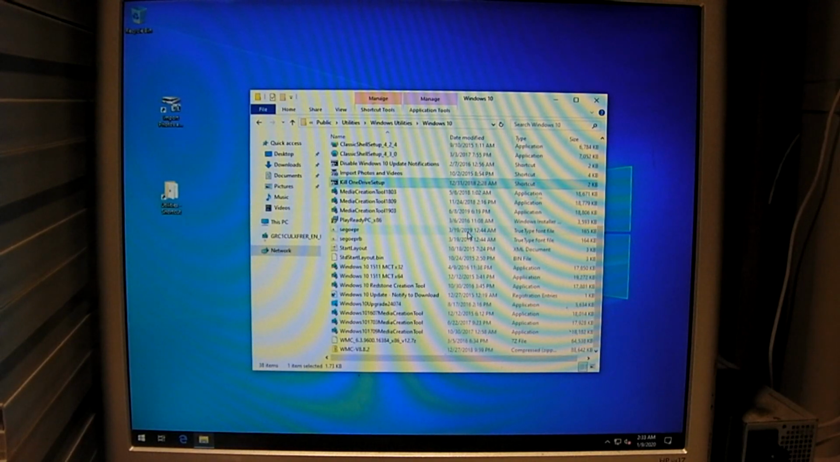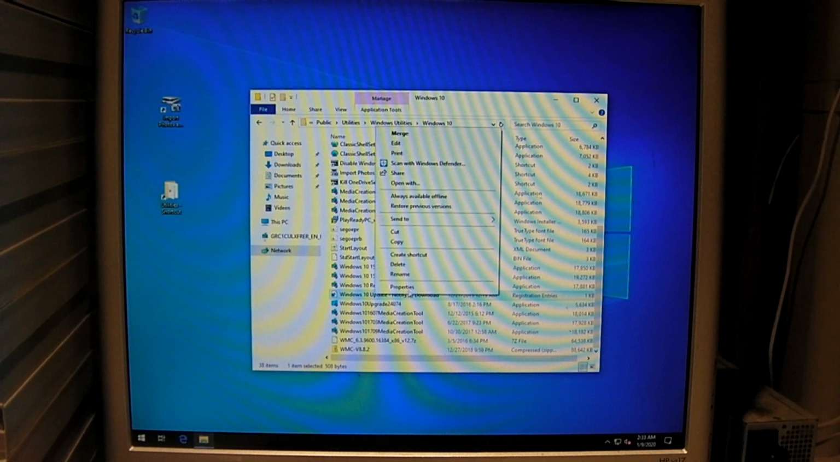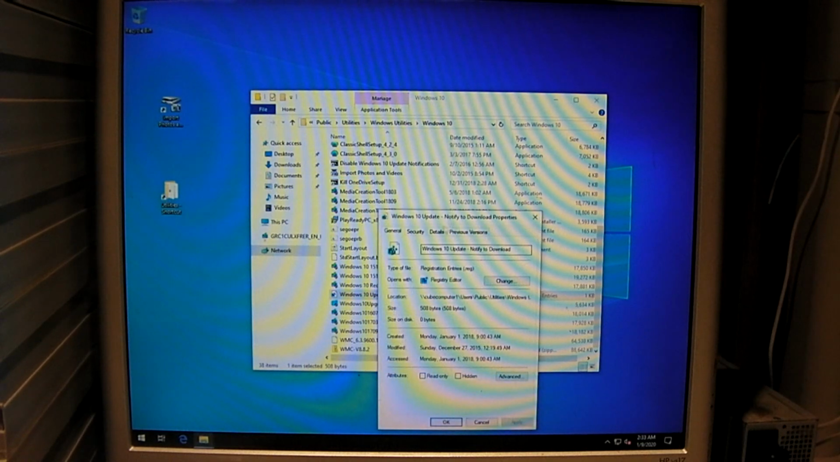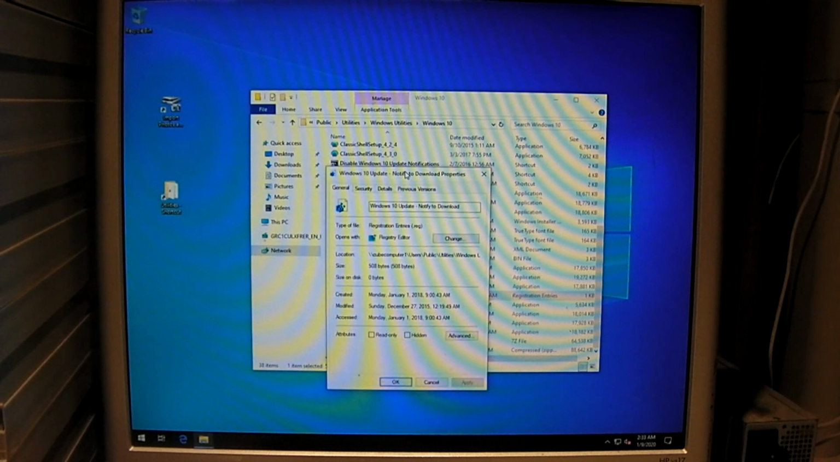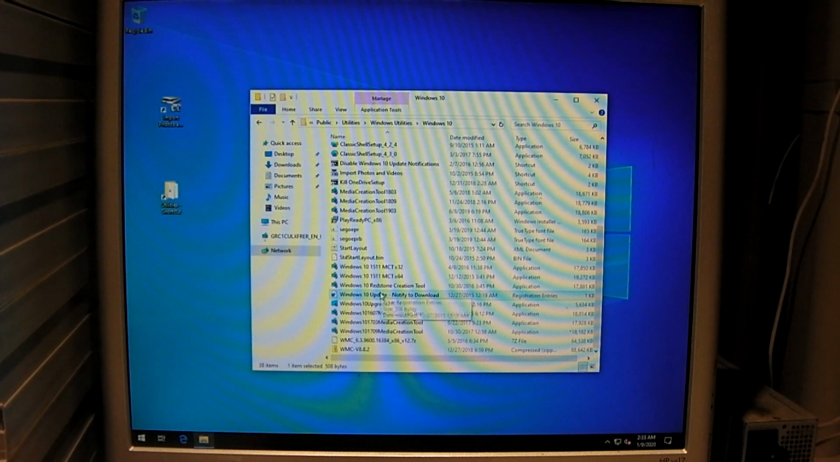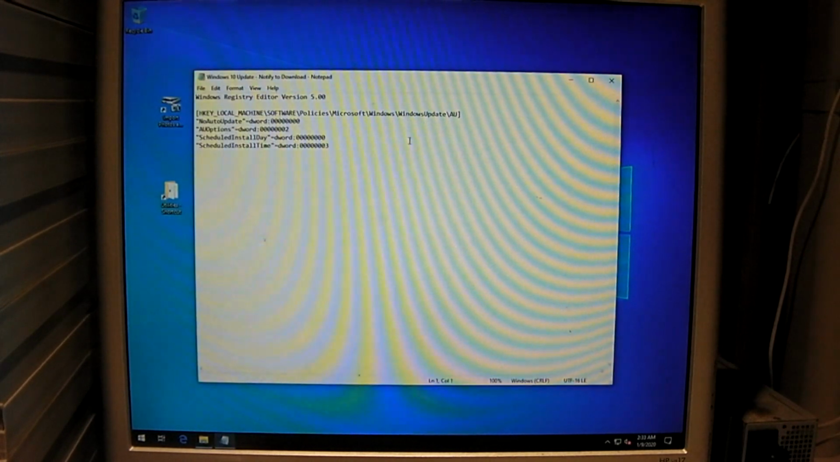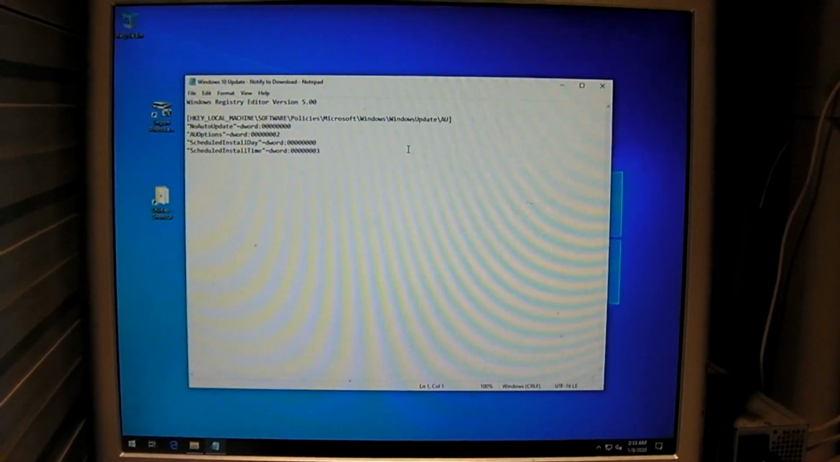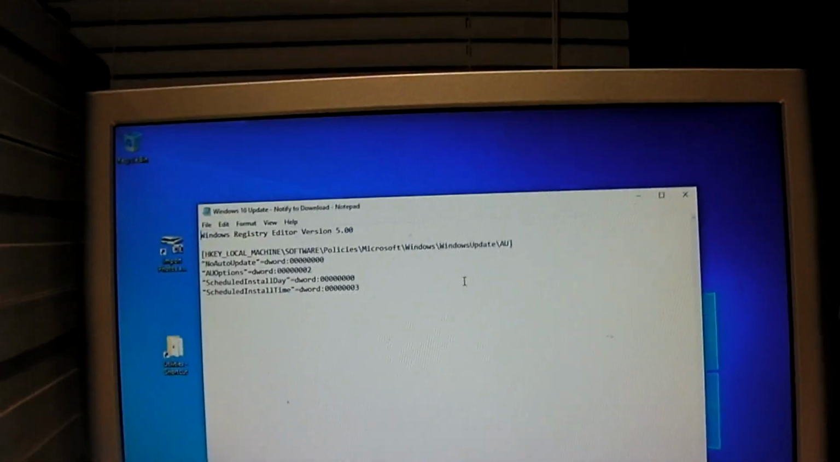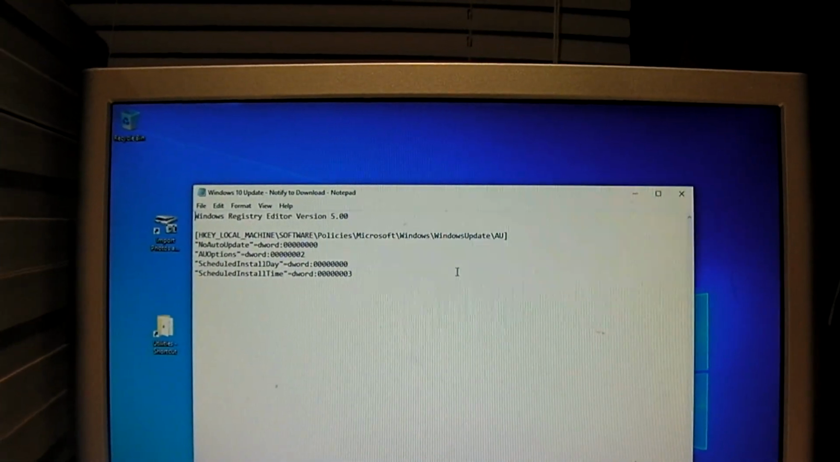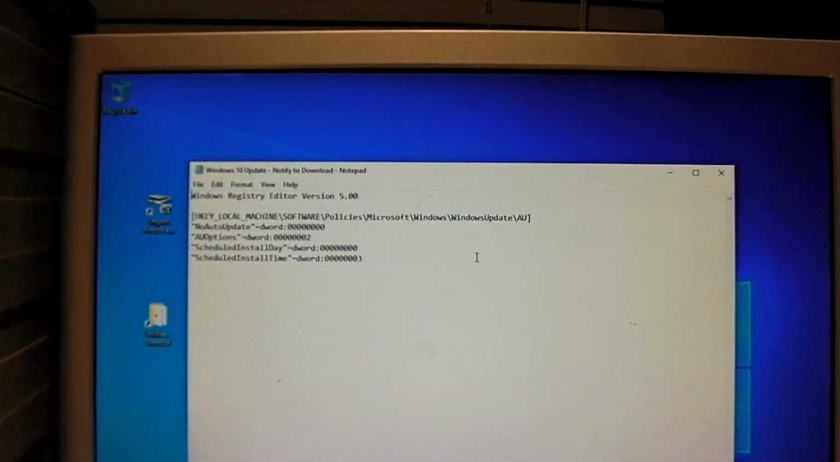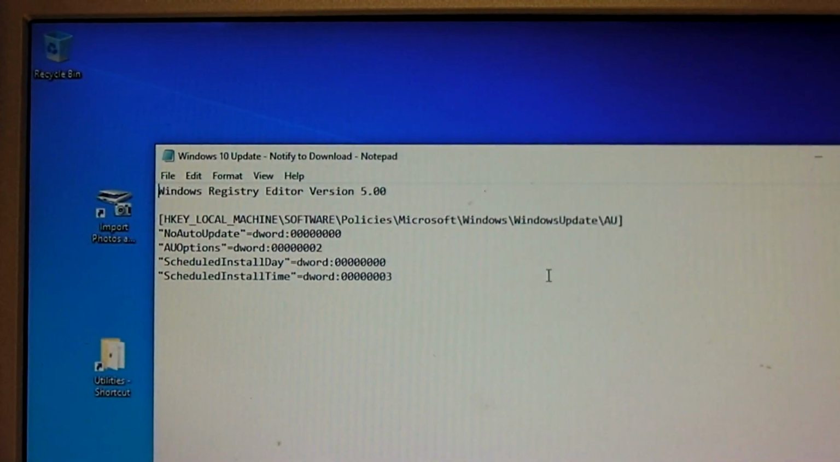But one more thing I want to talk about is Windows 10 Pro. You can configure Windows Update to not automatically download and install updates. So this is the actual registry key. There's the information. What you would need to do